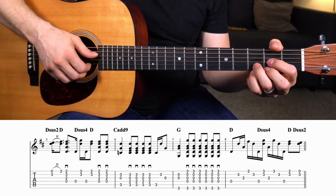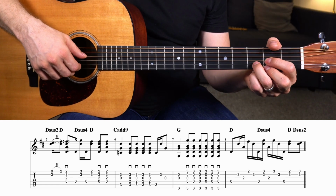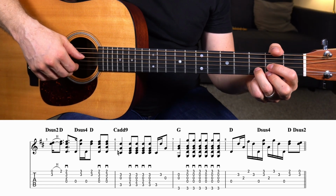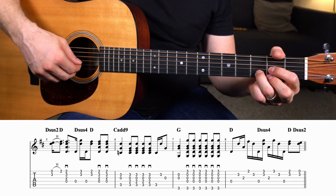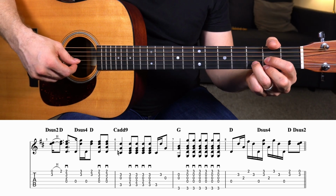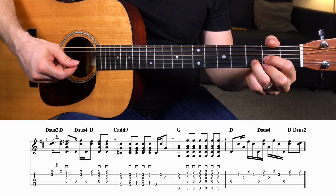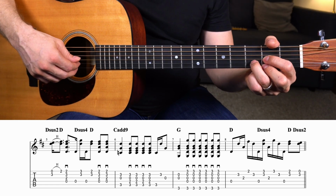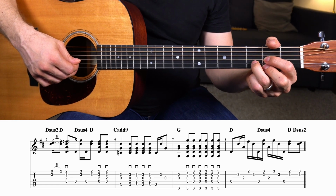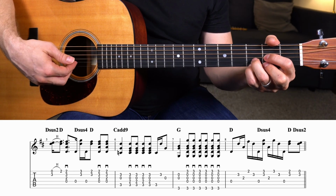All right, from there we move to a D chord, and it's just a little finger picking pattern to round out this intro. So you have open D string with an 8th note, and then B string, index finger, 16th note, thumb, G string, high string with a middle finger, then index finger, B string, back to the open D string, make it down to a sus4 and pinch the top 2 strings,